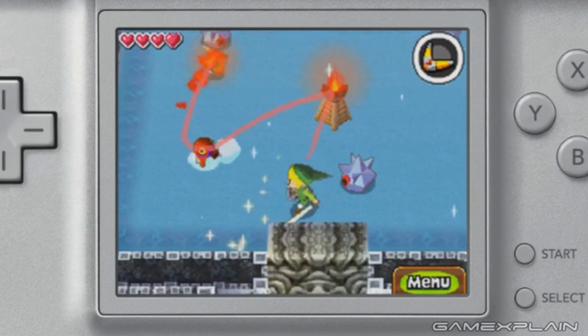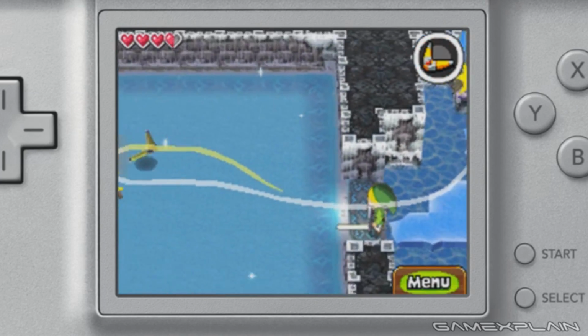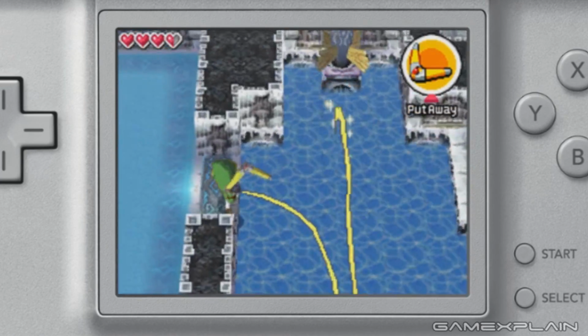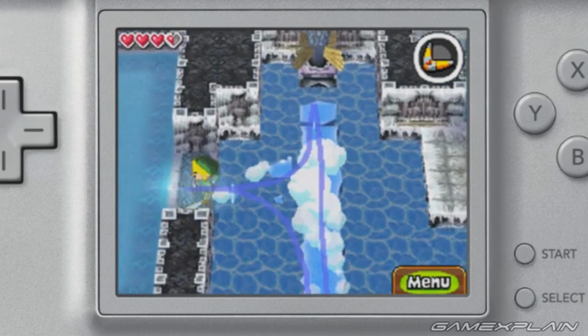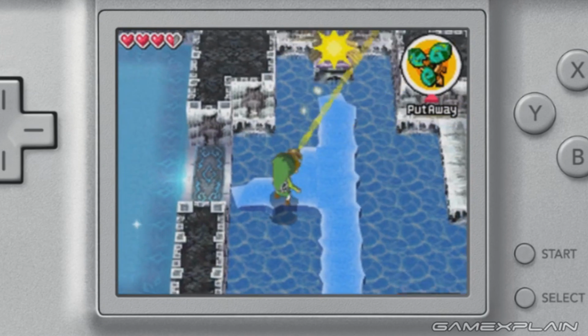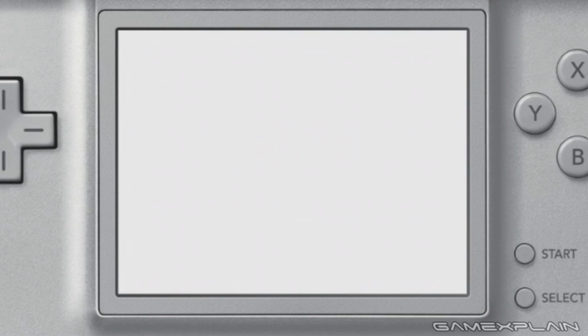We then get the usual combat utility for the mechanic by melting these enemies, and then we demonstrate our understanding of the two different flame properties. The ice one gives us a path forward, and the fire one melts ice. We also bring the whirlwind back, which isn't at all jarring as it formed the basis of a reasonable chunk of this temple. Just like in the last temple, we get one final echo puzzle which spans every core element